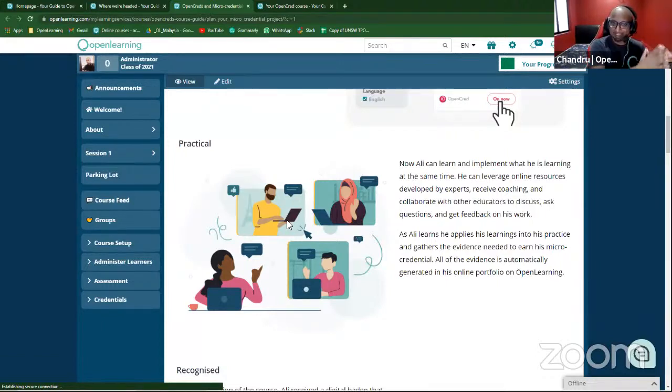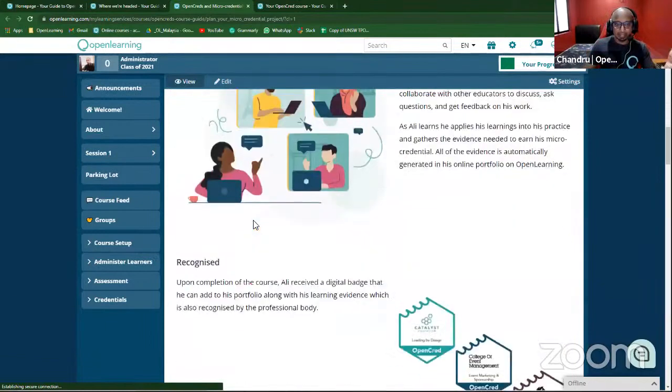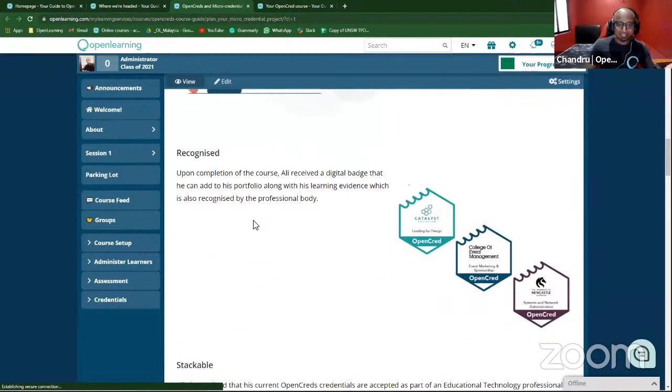So all this evidence is beautifully generated in the learning evidence, showcasing his skills. Okay, showcasing that he currently demonstrates the promised competence, and at the same time fulfilling the learning outcome. So the best part is, after you do it, you also receive a digital badge that he can add and showcase in his portfolio along with his learning